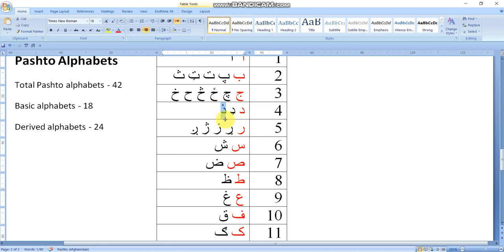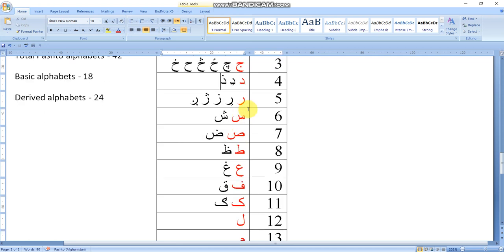So all these derivatives can be formed by changing the position and the numbers of these dots and hooks, etc. Like in dal, there is a hook on the downward side, and zal, there is a dot on the upper side of dal. Similarly, re,